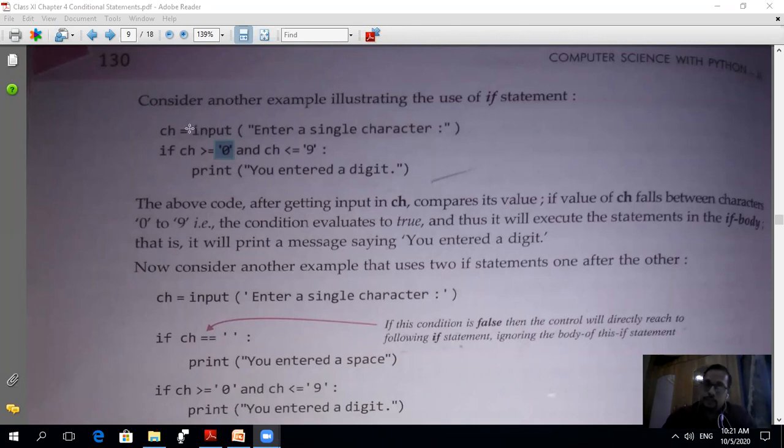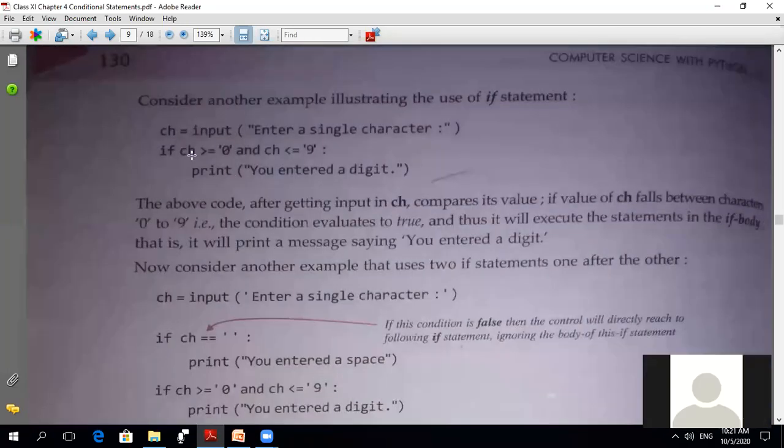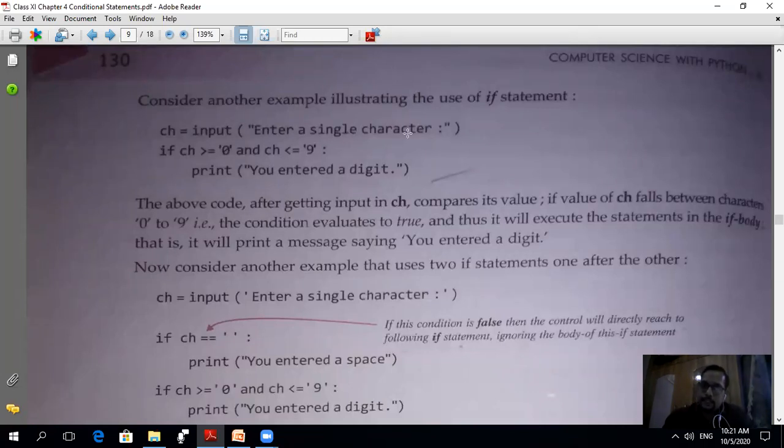converted in form of integer. तो means by default it is in the form of character. तो character ही है, और यहाँ पर 0 भी किस में लिखा है? Single quotes में. That means it is a character. If this character is more than 0 or less than equals to 9, then you entered a digit, otherwise not. So means if this condition is satisfied, then it displays a message like you entered a digit, otherwise it can't display any kind of message on the screen.